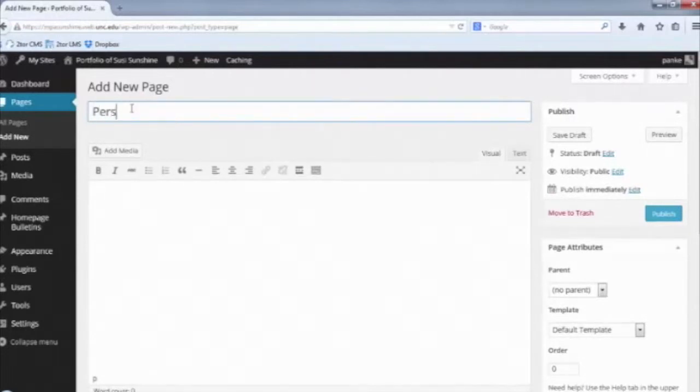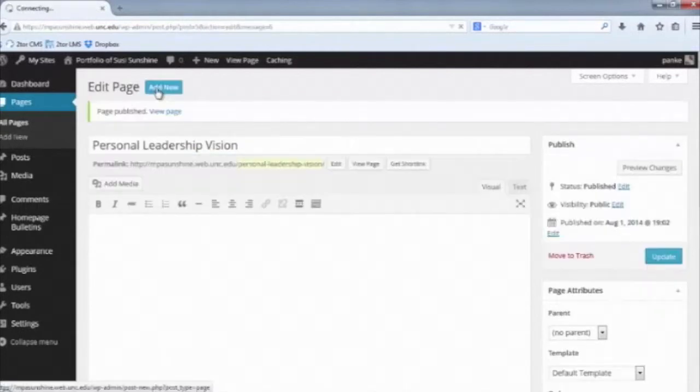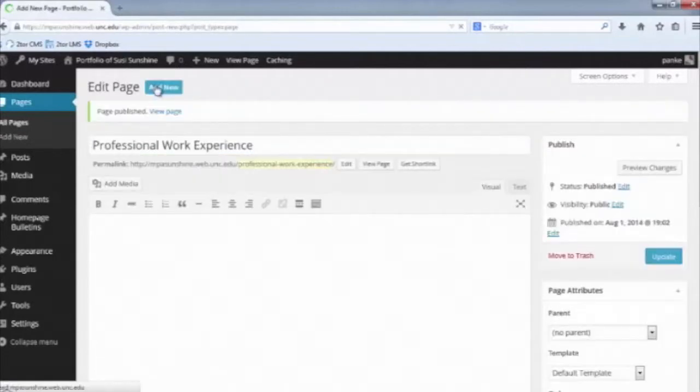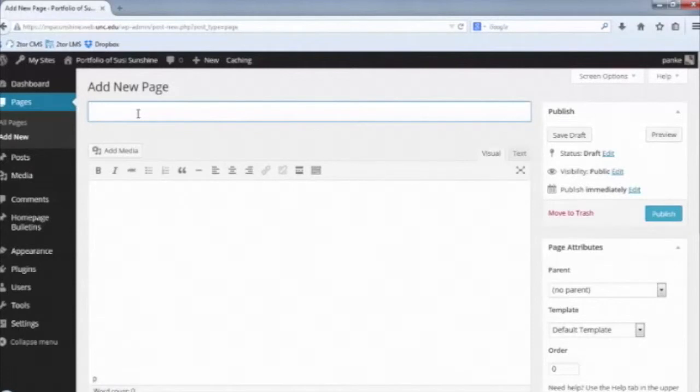The personal leadership vision, the professional work experience, the competence area, ethical issues in public administration, the competence area, information analysis and decision making,